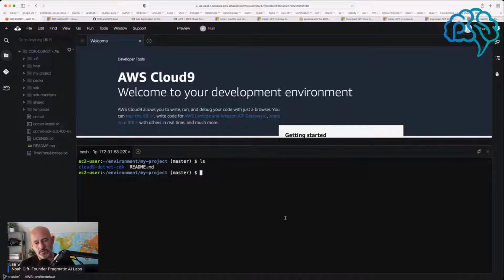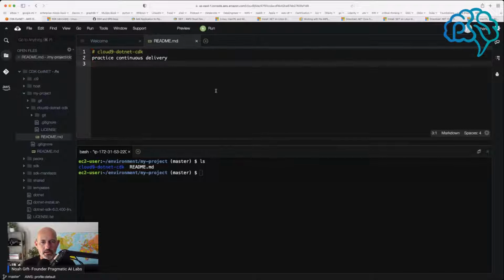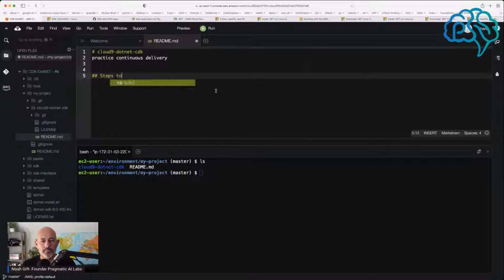I mean, we can start in this directory if we want, but basically, I want to put my CDK project inside of this Cloud9 environment, and then I want to get this working with the continuous delivery system. And so I guess I could do a little bit of a sketch out here, and we'll say steps to recreate